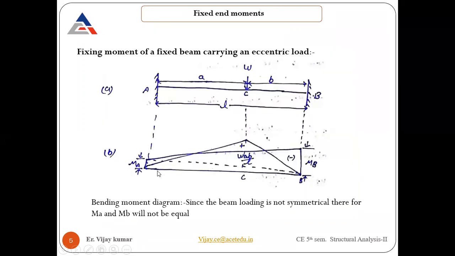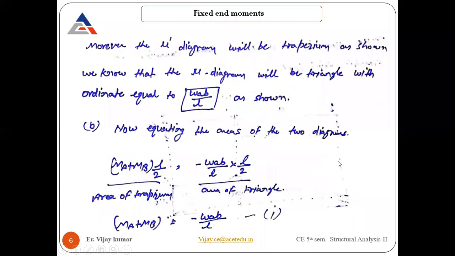So you can find it, this is the value of MA and this is the value of MB. MB is coming out to be more because the load is nearby support B, that's why MB is a little higher compared to MA. So this is the complete diagram, and then you have to superimpose and put one over the other, and that's how you have to draw the diagram. Now the things we have to find, let's go there.